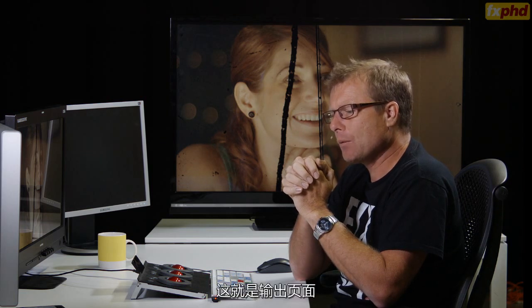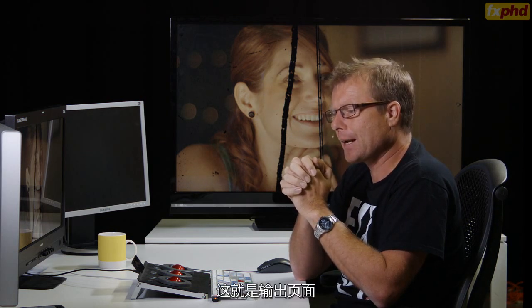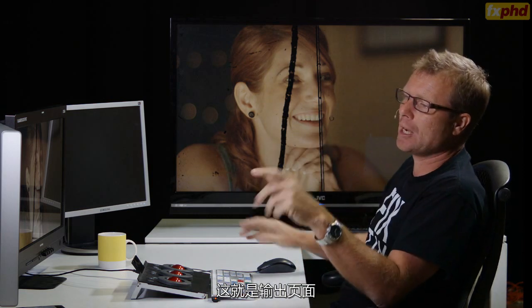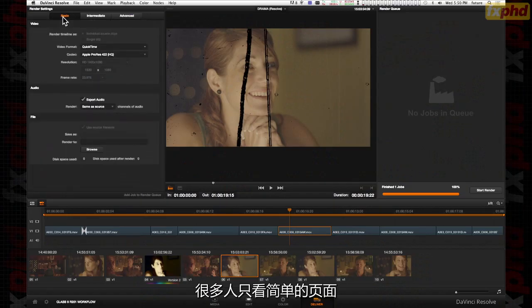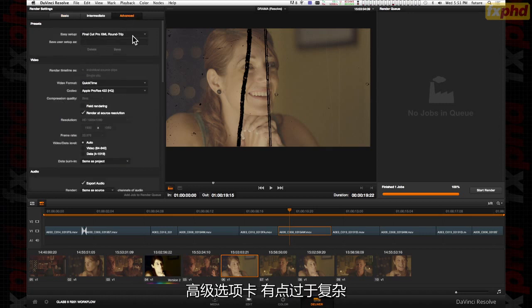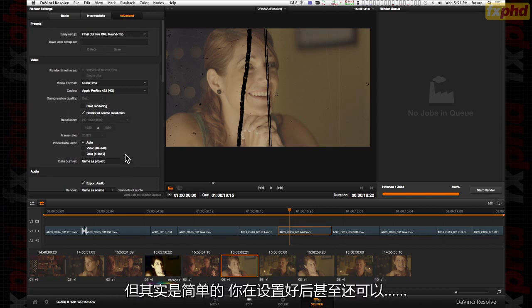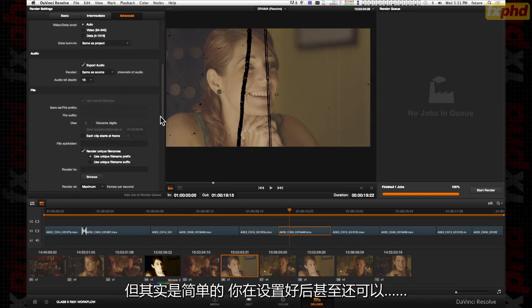So that's basically what we're doing in delivering and getting things out. The reason this has changed is a lot of people were just doing very, very simple things in here. And that's what they liked. Liked it to be simple. This was a bit overcomplicated, but still pretty simple. And once you've got this set, what you can do is